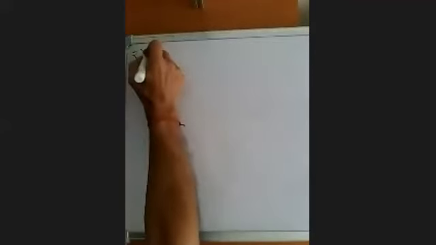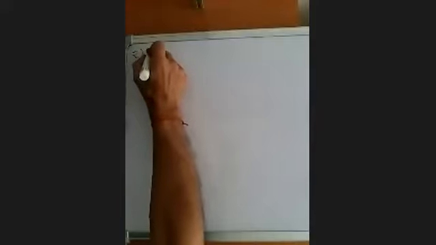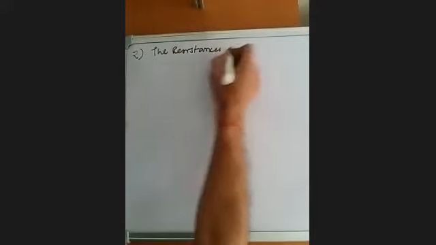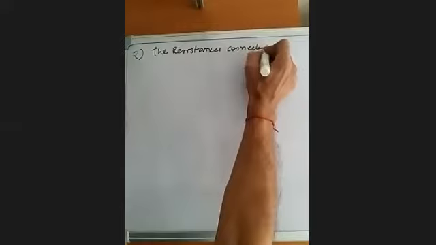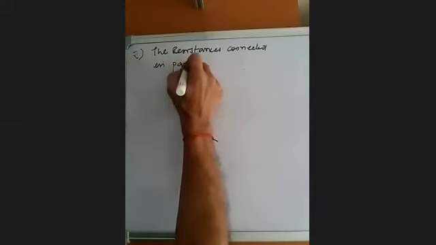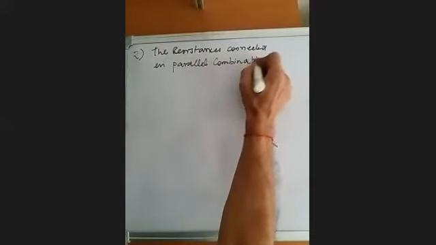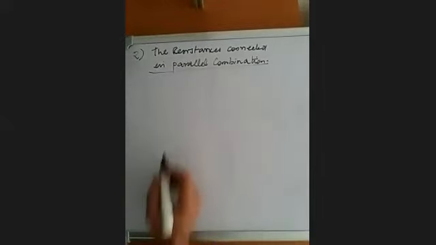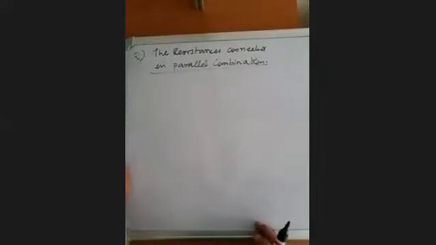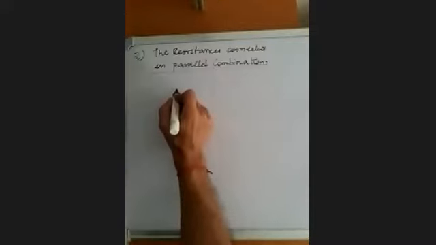So that was the second point. Now the resistances connected in parallel combination. First, we'll understand when we can say that resistances are connected in parallel. So when can we say that resistances are connected in parallel? If one end of each resistor